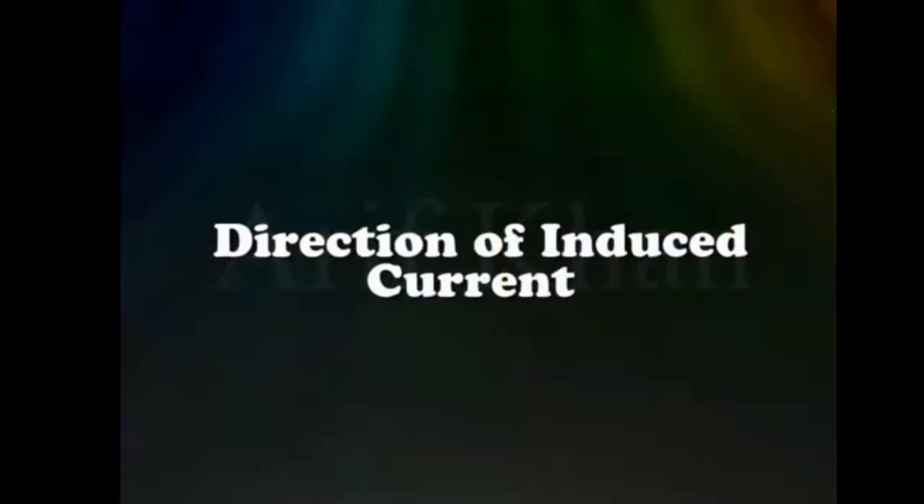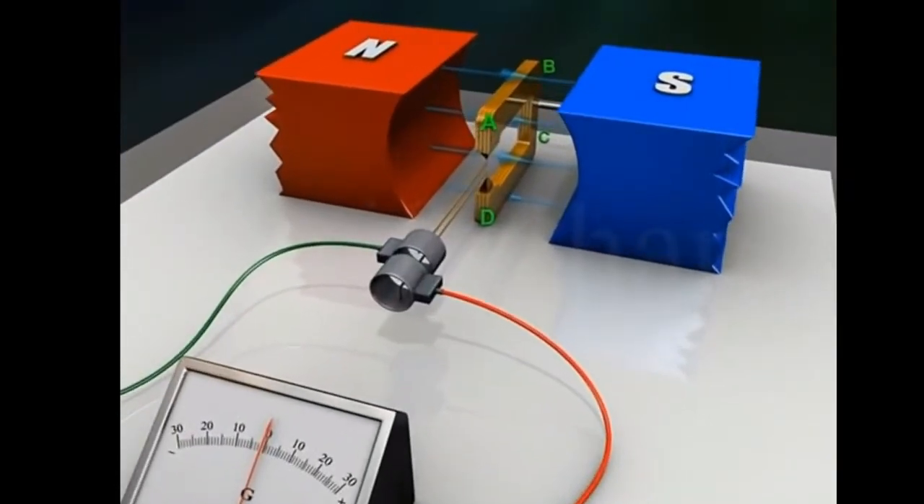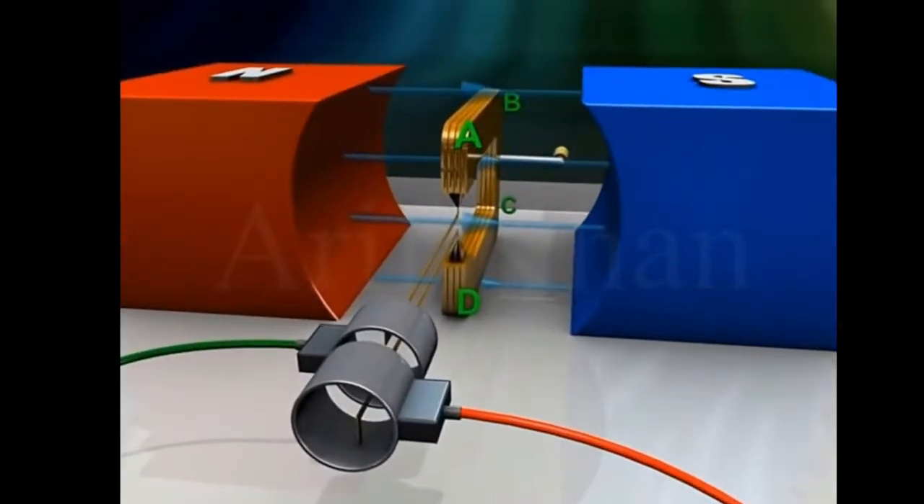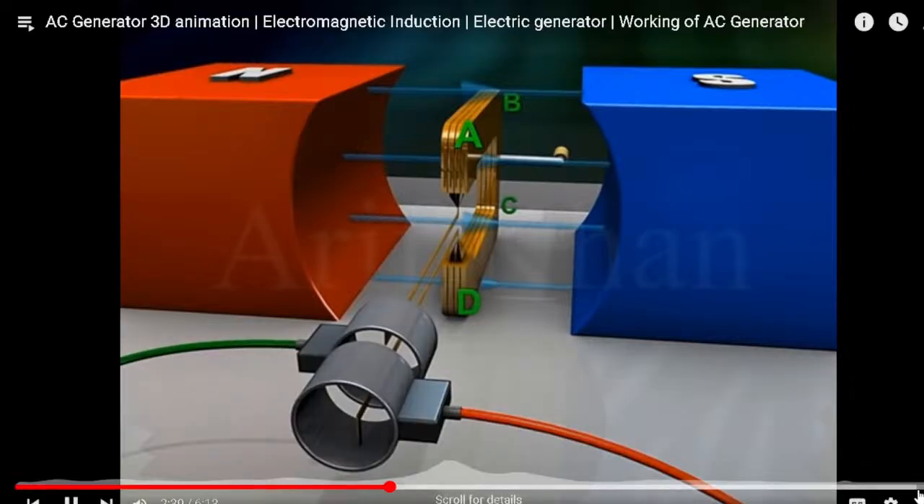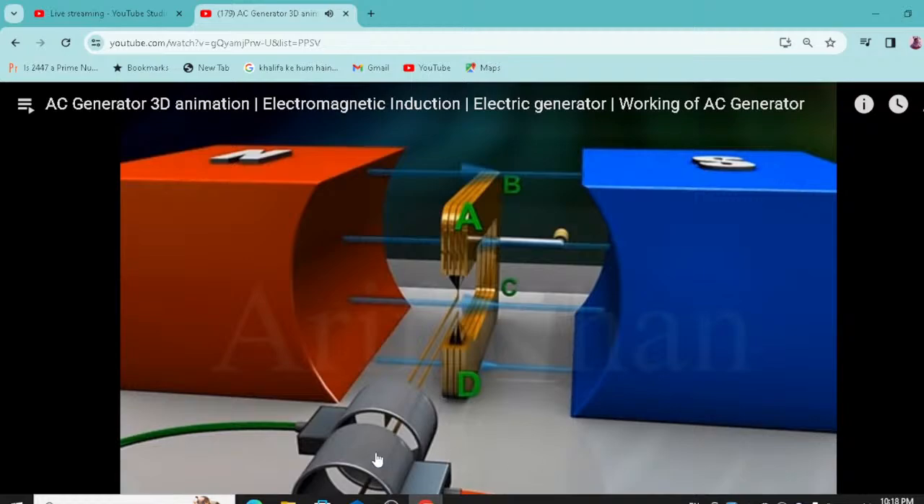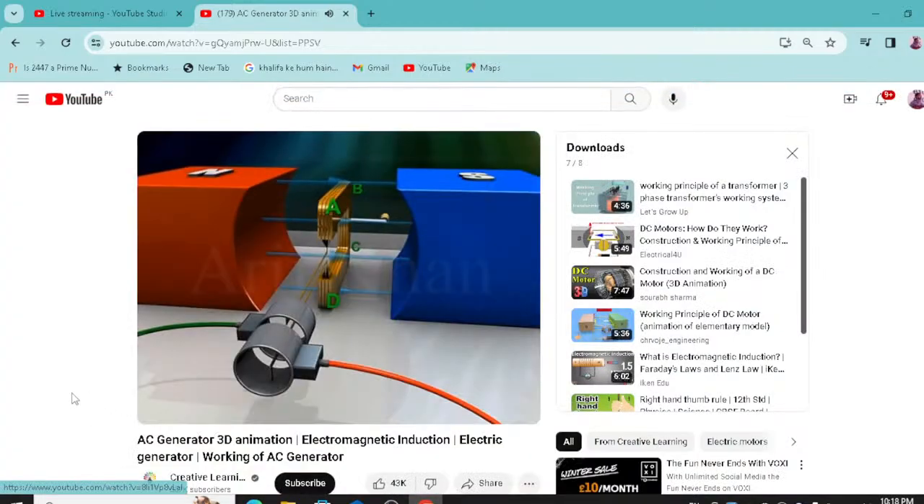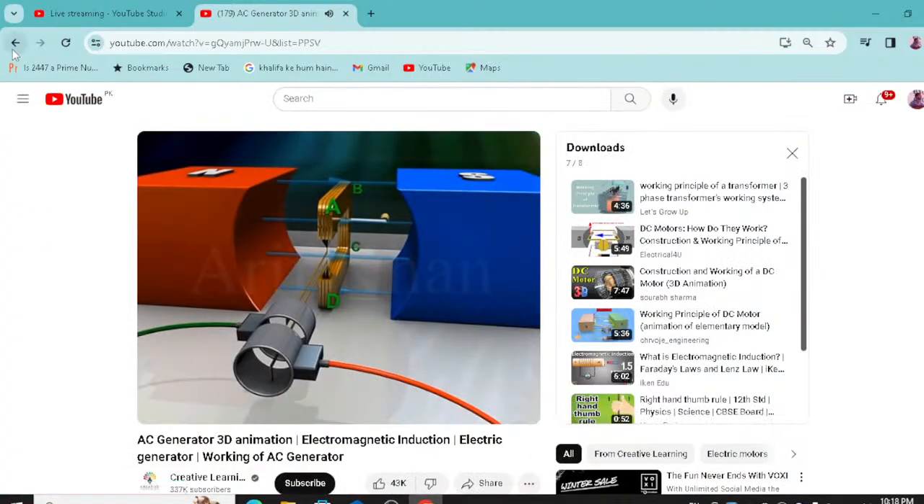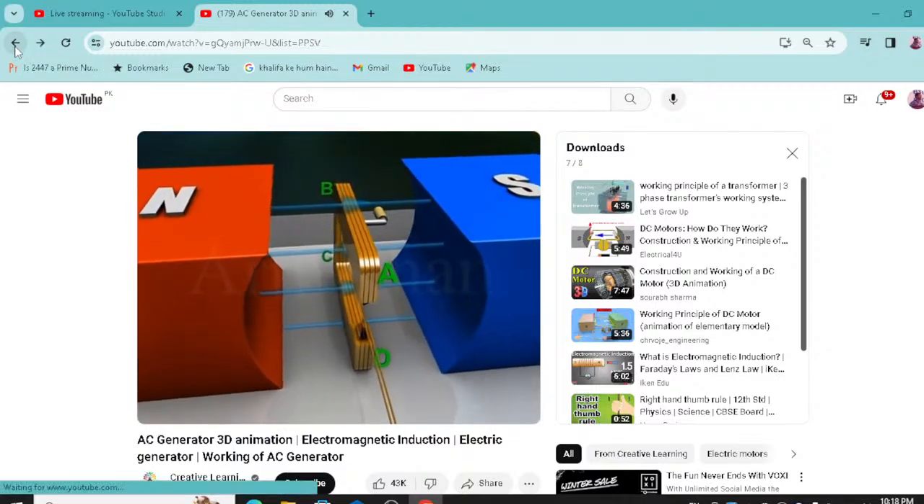Direction of induced current. Initially, the armature ABCD is vertical with its arm AB up and CD down. The direction of magnetic field is from left to right. As the armature